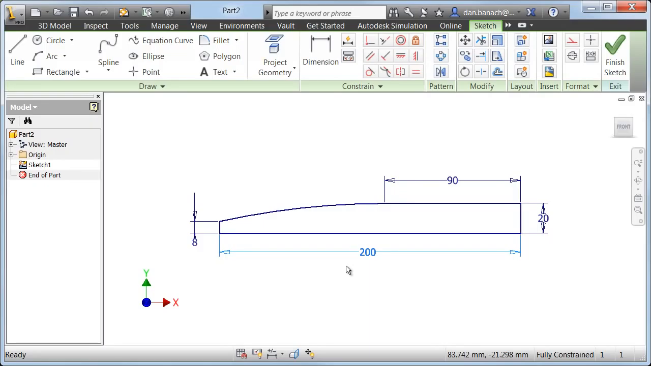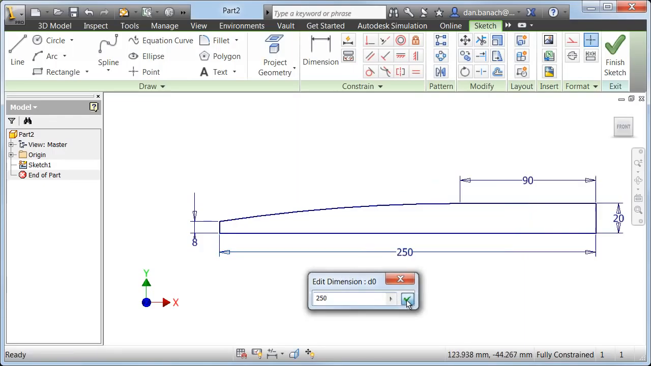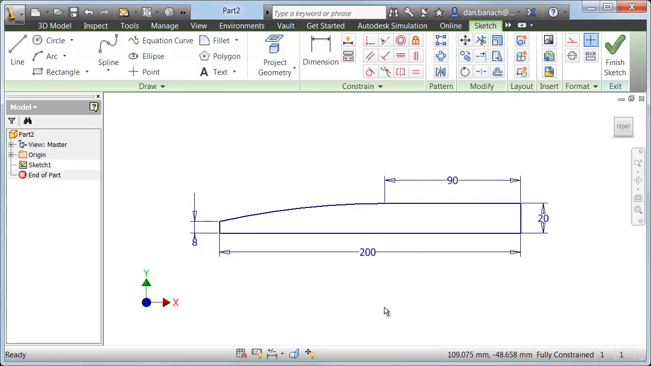The dimensions that we place inside Inventor are parametric, meaning when I change their value, the geometry updates, and that's exactly what I'm going to do here. I'm going to simply double click on the 200 and type in 250 and then Enter, or click on the green check mark, and you can see that the geometry lengthened to reflect that 250 millimeters. So again, if I double click back on there, I want to change that back to 200. Again, you'll notice that the unit was added because we started off with millimeters,